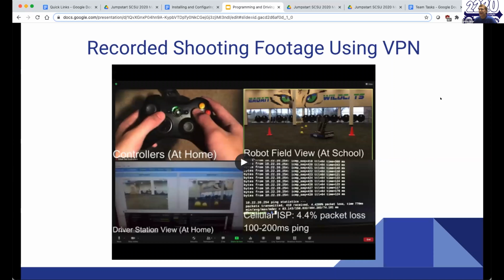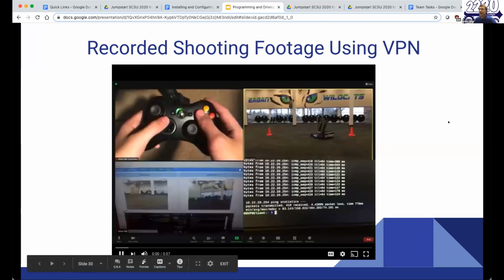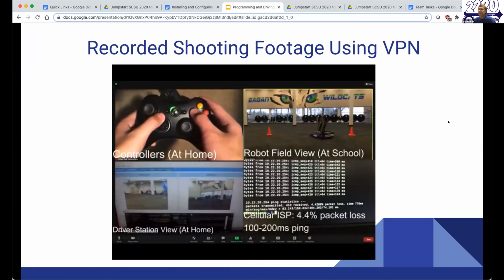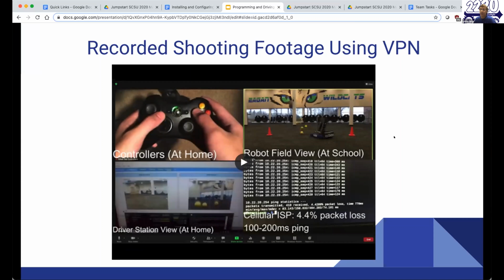In this footage, you'll see a very short video just showing our robot's ability to shoot balls as he manipulates the controller there. And so that just illustrates the fact that, yes, we can drive remotely. We can manipulate the various things on our robot, like shooting. We didn't have any other videos showing the other capabilities, but